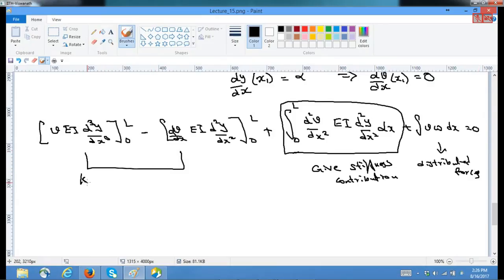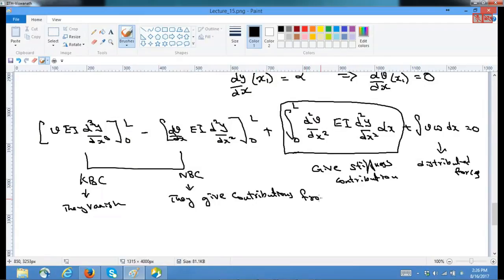When it is kinematic boundary conditions, they vanish. If it is natural boundary condition, they give contributions from point loads or moments,